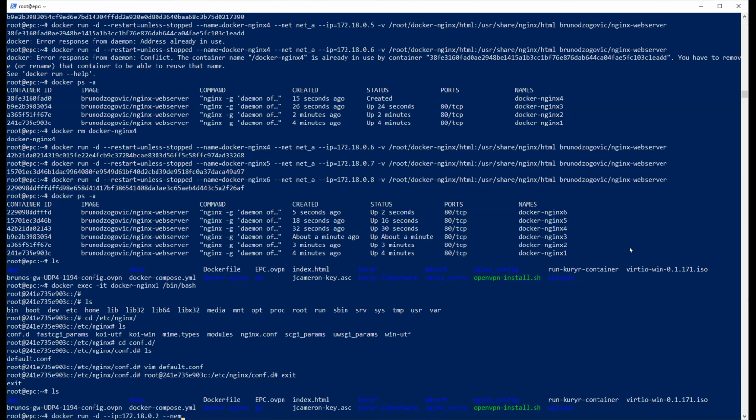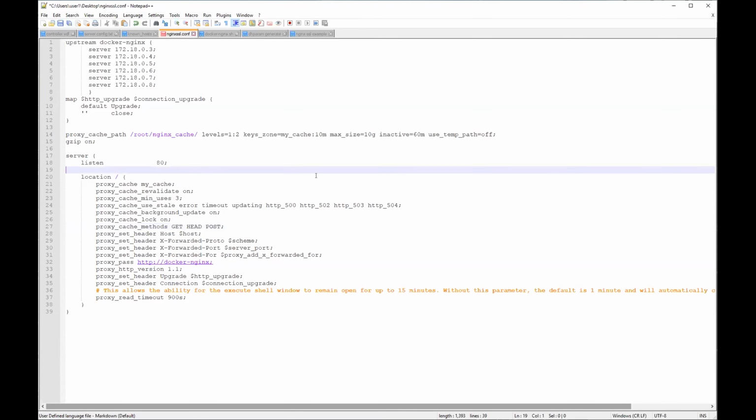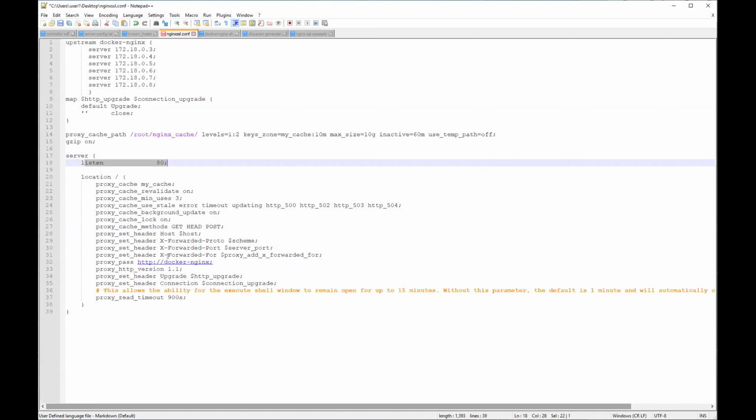The same network, net_a. And now the interesting part, -p 80:80. So we expose port 80, allowing HTTP traffic to flow through the reverse proxy. This is the interesting thing. So when you expose port 80, when the traffic comes into the Nginx proxy, this configuration file will see that, and it will do the following lines.